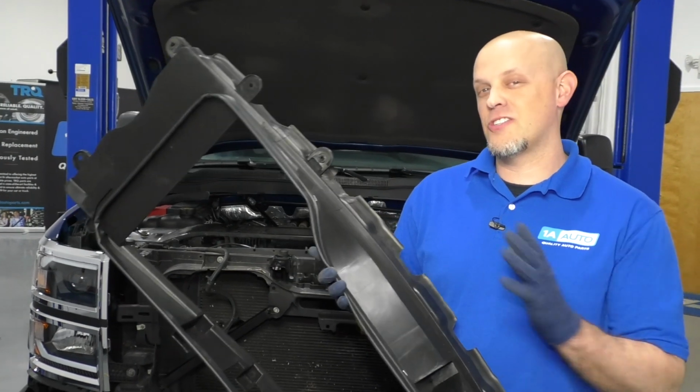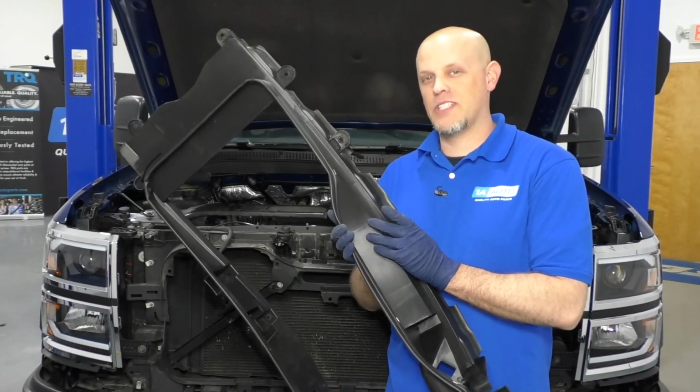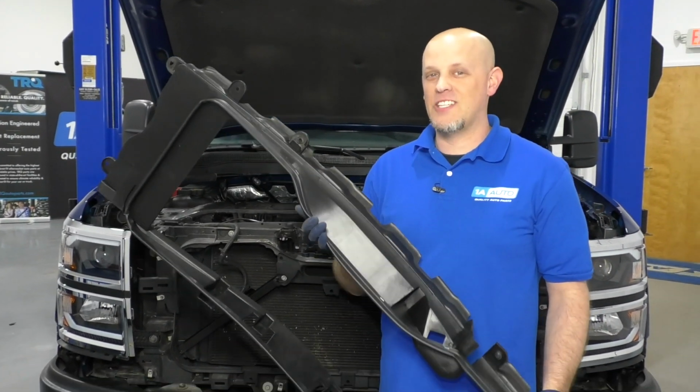In this video, I'm going to show you how to replace the inner grille mounting panel on this 2015 Chevy